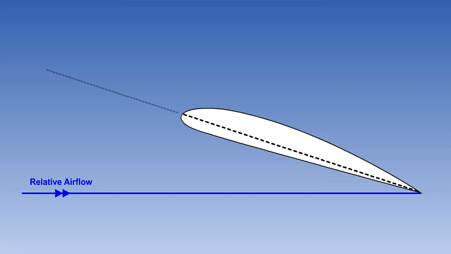The lesson on principles of flight explains in detail the relationship between the angle of attack and aircraft performance. In this lesson, it is assumed the principles of flight are familiar. However, let's recap the definition of angle of attack. The angle of attack or AOA is defined as the angle formed between the wing chord line and the direction of the airflow.